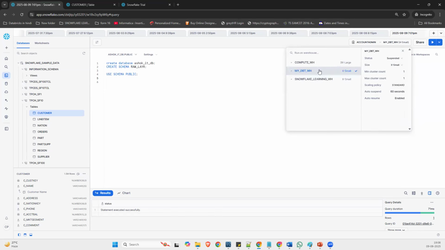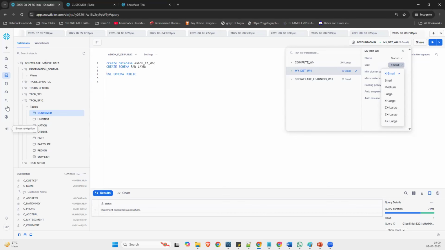But whenever you create your own warehouse, you can suspend it. It is now in a suspended state. You can resume it, and as soon as you resume it, it will change to green status. You can also increase the size of your warehouse. If your workload is too high at the same time, just enlarge your data warehouse, and your query will run much faster. These are the things available in Snowflake.